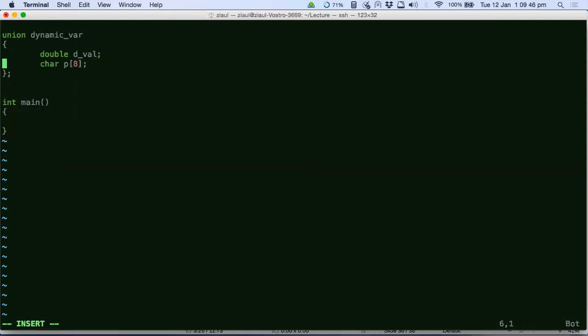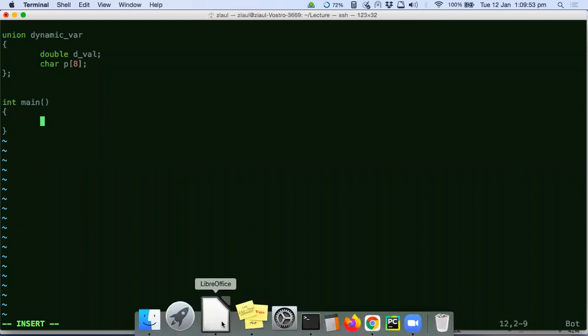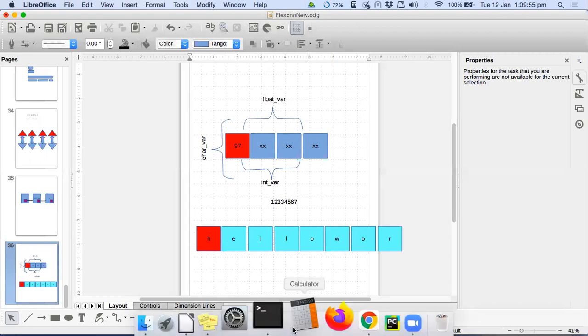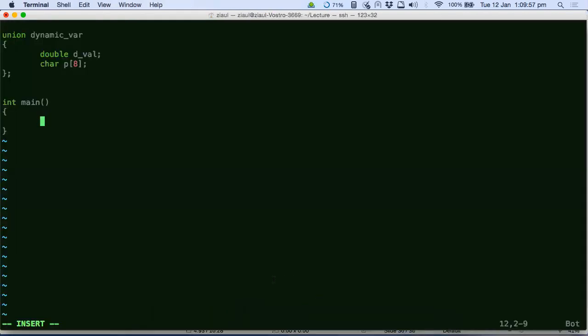Sir, and how is hello world stored in 8 bytes? Like I just explained to you in the figure. A char variable has 1 byte, usually, and it stores only one character. Here I have declared an array of 8 char variables. So when I do dvar.p equals hello world,